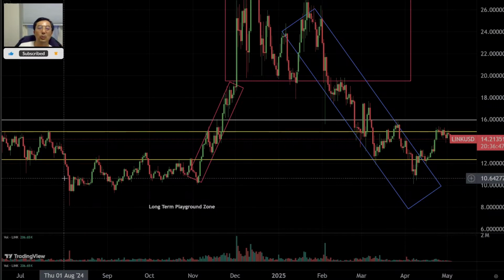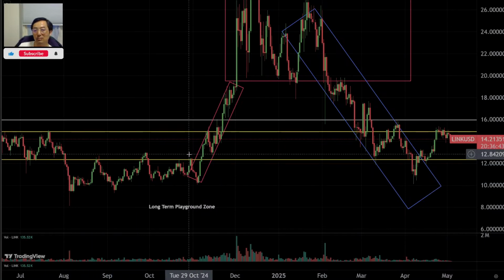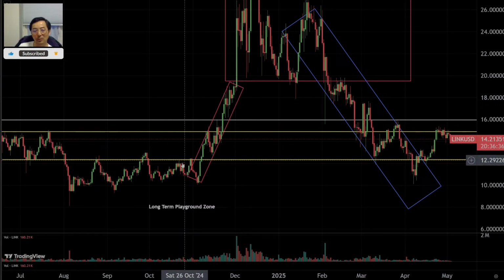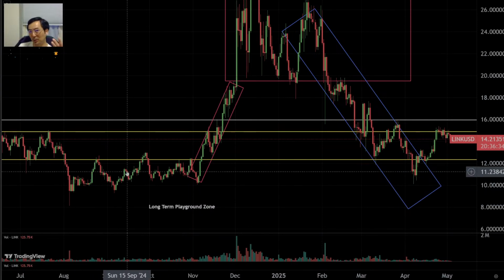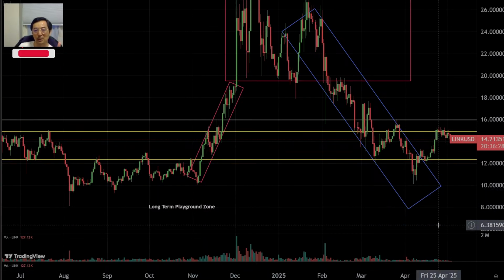So if you wait for this to develop, you could have traded 2 times if you're just doing buy or call. If you're doing put as well, then you probably have traded 4 times or even more. So that's basically